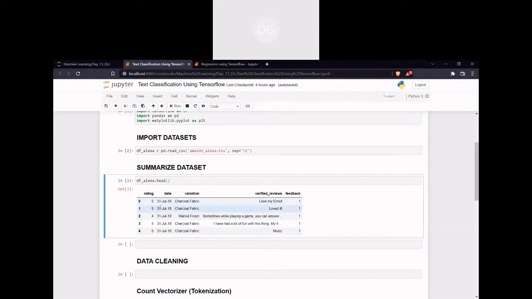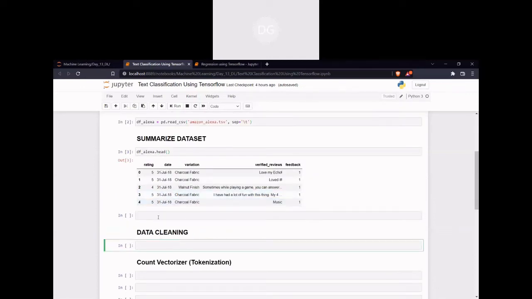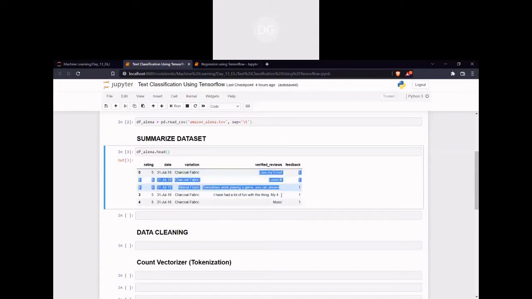Here we don't need the date or rating, right? In the data cleaning part, you can remove them. I am going to use the data set completely, so I will just remove them for you. What we are trying to find is the final feedback, whether they gave positive or negative feedback. Based on the text, we are going to do the tokenization. We will extract all the values, find the tokenization, and based on that find whether it is a positive or negative review.